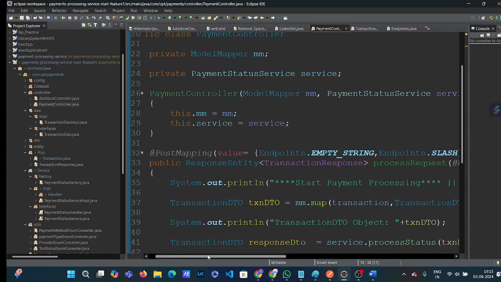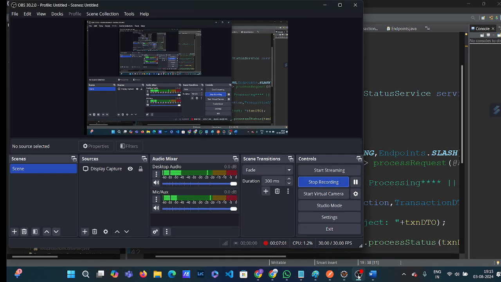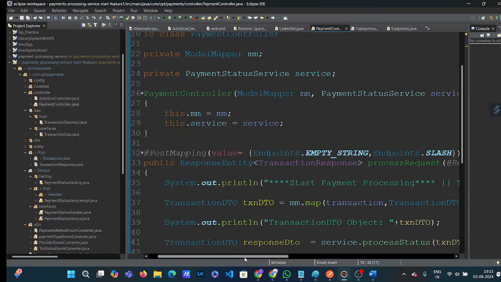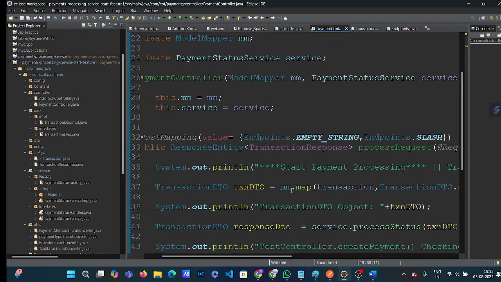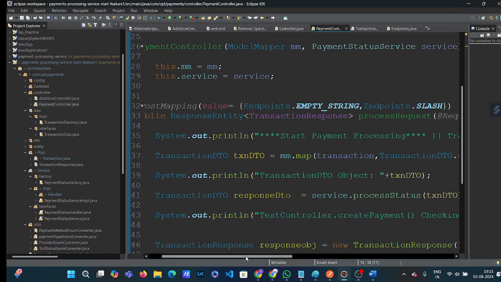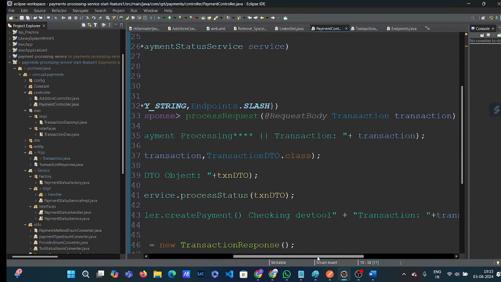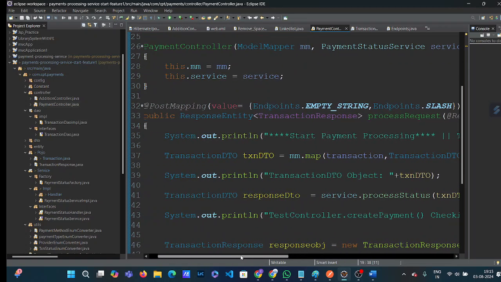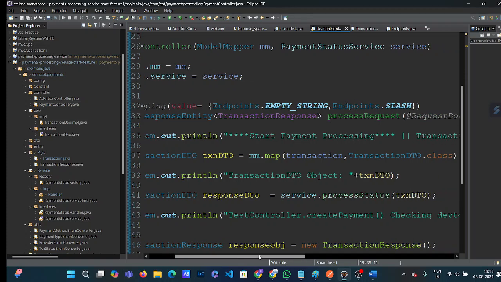After that, after going through the coding, payment processing will be started. Then we have to map the transaction object, which was converted from the JSON object and which we have created in our system. The transaction object is mapped to